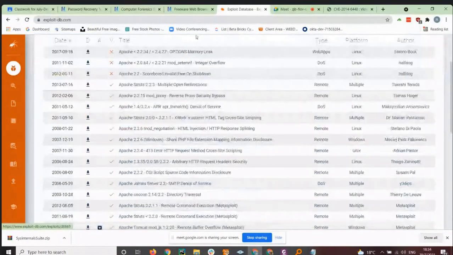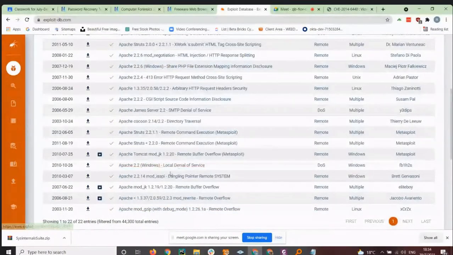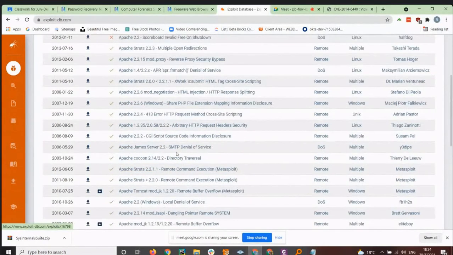So basically all the different versions have loopholes, or not. And I think for ours it's 2.2.6 if I'm not mistaken. Yeah. So this one would apply as well as this one also. And furthermore, it lists Windows Server 2012 and Windows Server 2008, meaning that it would work best with this particular